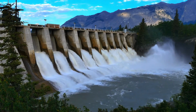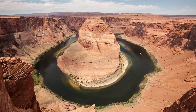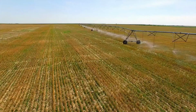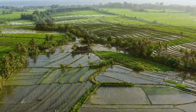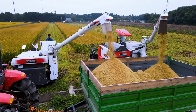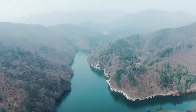The dam's power output meets the electricity needs of millions of households, saving billions of dollars in energy costs each year. Additionally, its irrigation system covers thousands of square kilometers of land, turning the region into one of America's major agricultural production areas. The bountiful harvests not only enrich people's tables, but also provide a stable and reliable water supply